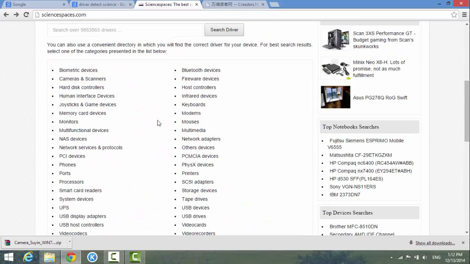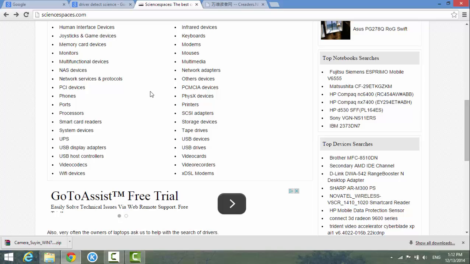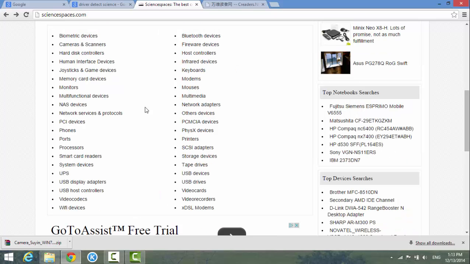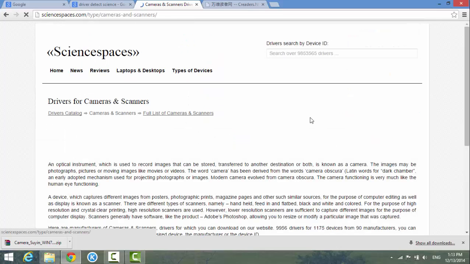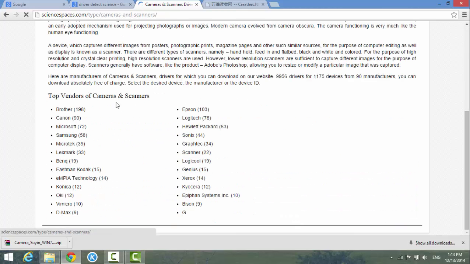Of course, if you know the vendor and the model of the printer, for example, you can search for it. Let's see, how about just cameras and scanners? Just open it up. You look for the subcategory so you can tell which vendor the camera is. For example, if I choose Epson,